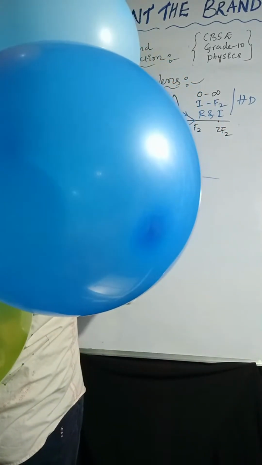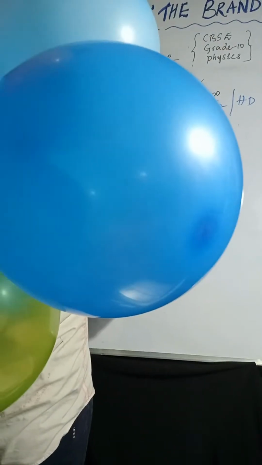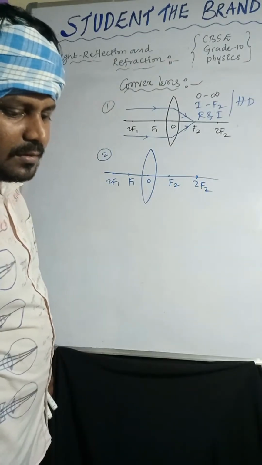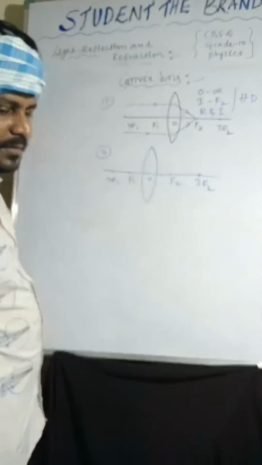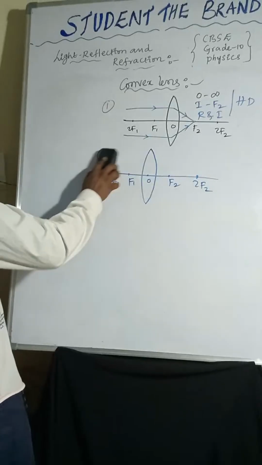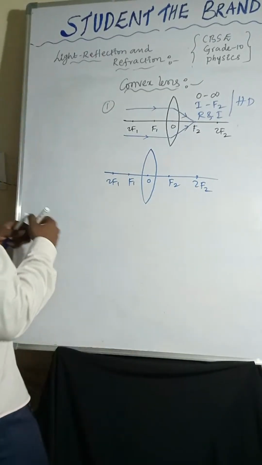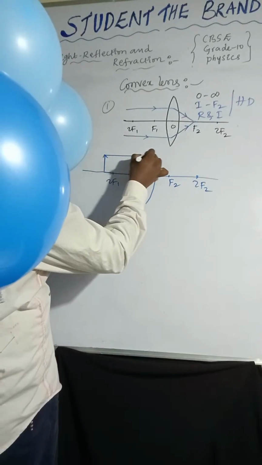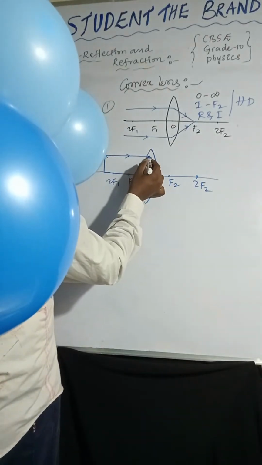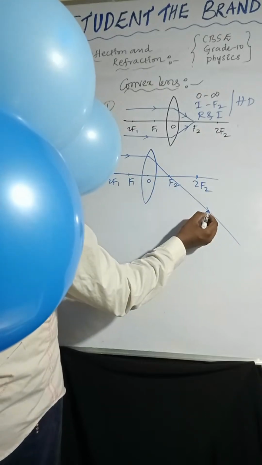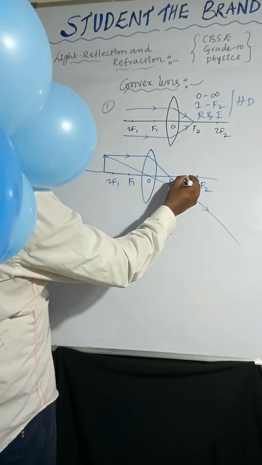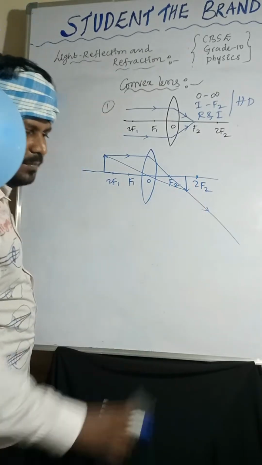Optic center, F1, 2F1, F2, 2F2. Object is placed beyond center of curvature. Image will form between